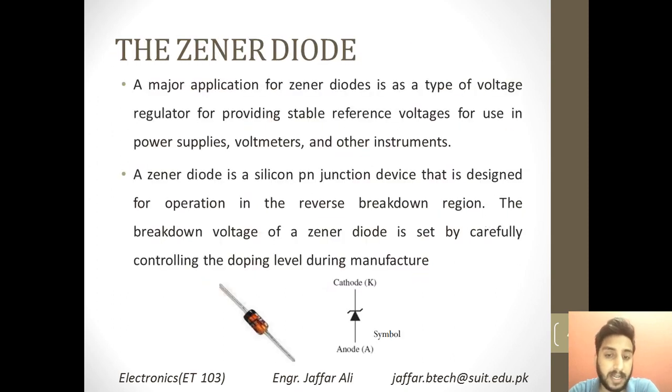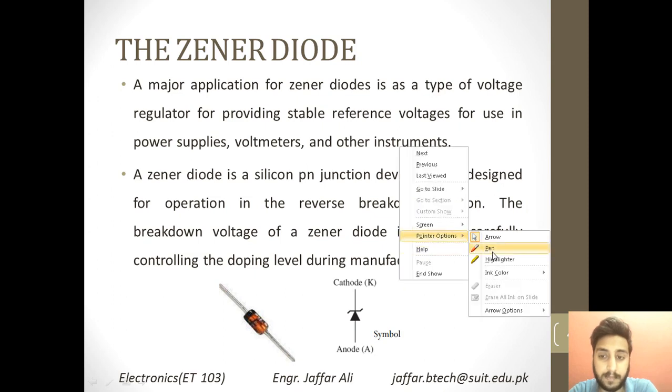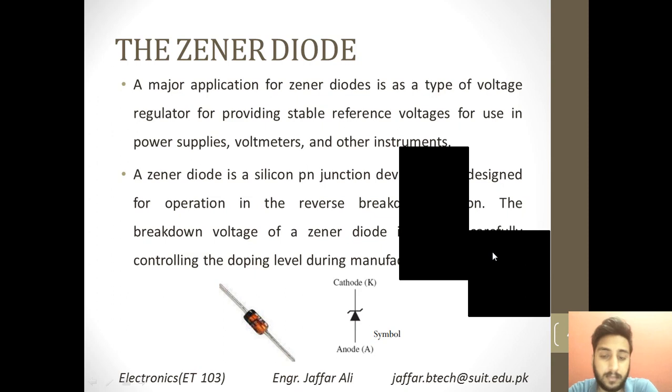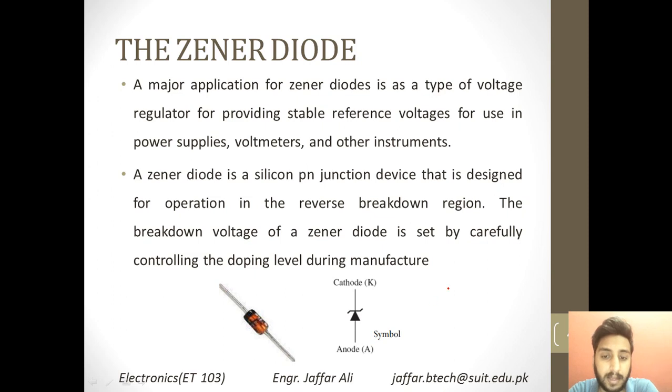The symbol of the Zener diode is shown in this diagram. Rather than this diagram, this one is used for a normal p-n junction diode. There is a slight change in the diagram, and that makes it a Zener diode. So basically this is the representation. If you want to represent a diode on paper or in any software, you can use this type of symbol for Zener diode representation.